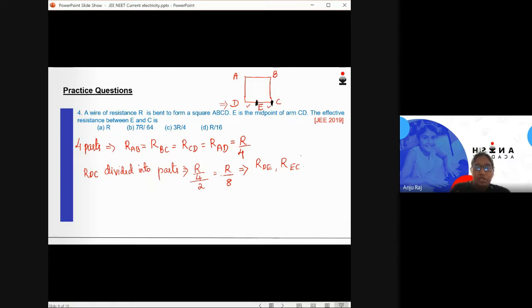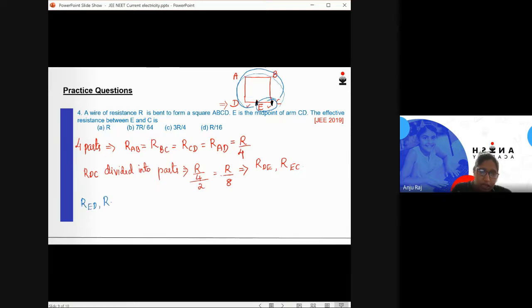Okay. So here what we need to do is find the effective resistance between the points E and C, which means all the resistances you need to combine to get one resistance. Whichever you are considering to find, that one you keep as it is, and the remaining you imagine to be one wire. If it is one wire, what is happening? Everything is connected one after the other. If it is connected one after the other, what happens? Series connection. Please do remember, whatever you are considering to find. Here, my aim is to find the effective resistance between EC. So the remaining everything I'll imagine to be one wire. One wire means everything is connected in series. So I can consider that